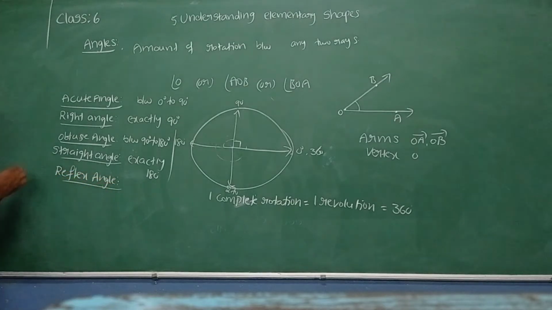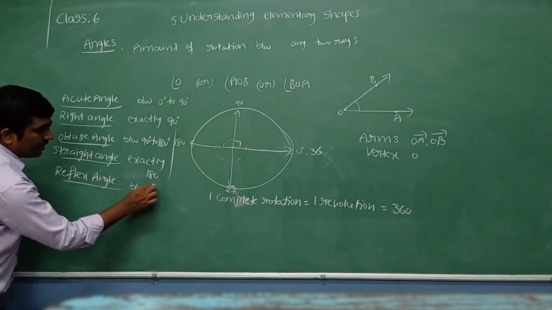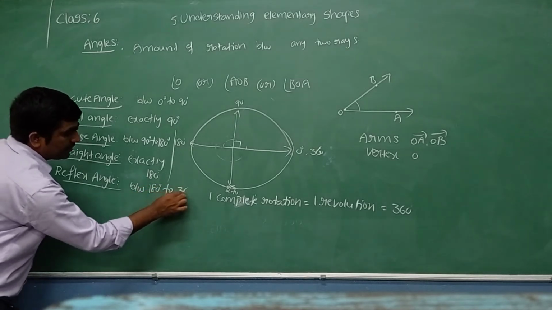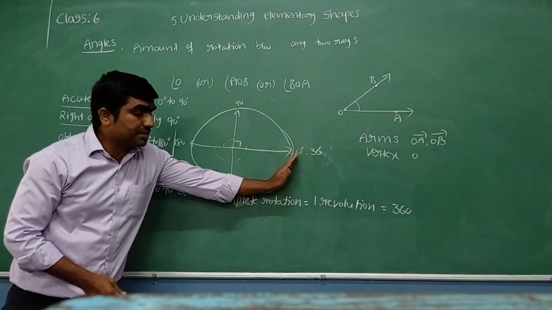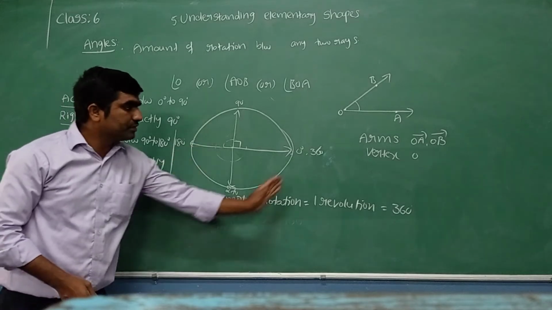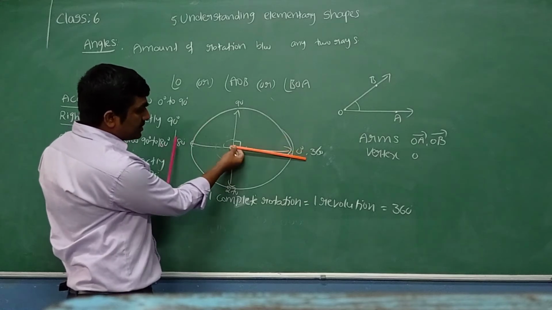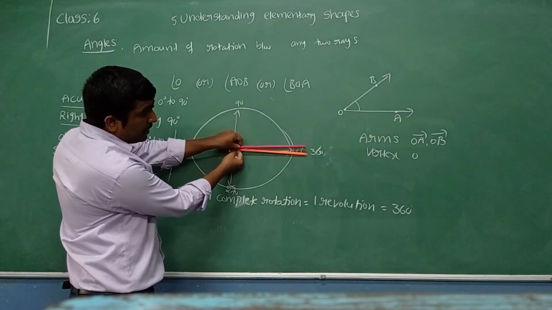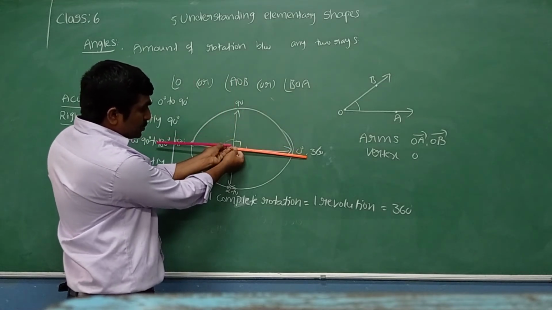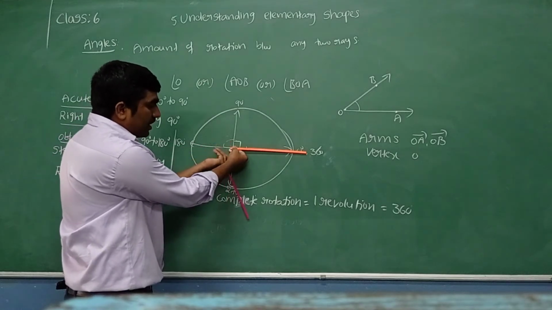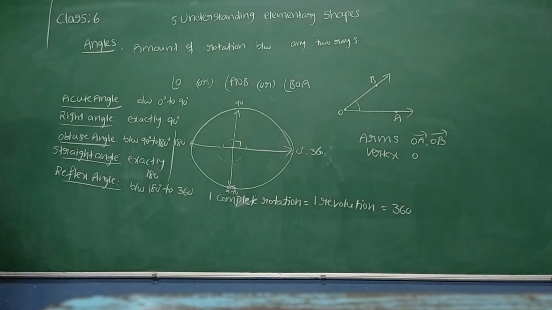Now tell me, what is meant by reflex angle? After 180, an angle whose measure is between 180 degrees and 360 degrees, meaning from 181 to 359. All these angles are called reflex angles. Example, you can see one line segment in the same position. Now I am rotating the other line segment: acute angle, now right angle, obtuse angle, now straight angle. More than a straight angle is now a reflex angle. Like that you can find the types of angles.